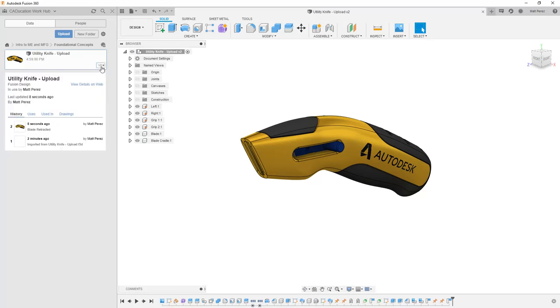If we use this drop down, you'll notice that version 1 imported from Utility Knife - Upload, and version 2, you can see our comment Blade Retracted. The great thing about Fusion 360 with these complex designs is that anytime we save it, a new version is created and we can go back to it at any point in time. It also tells us whether it's used in other files, if it uses any other designs, or whether it contains